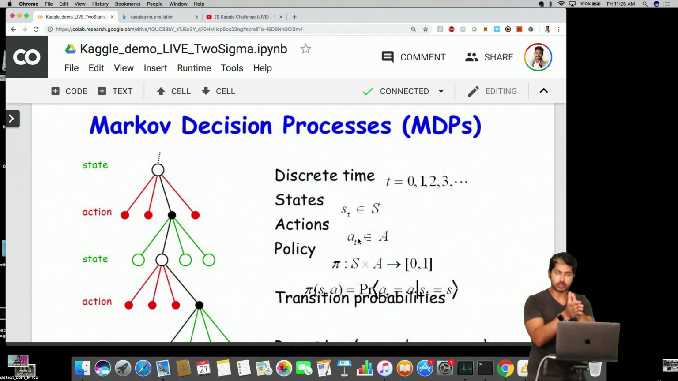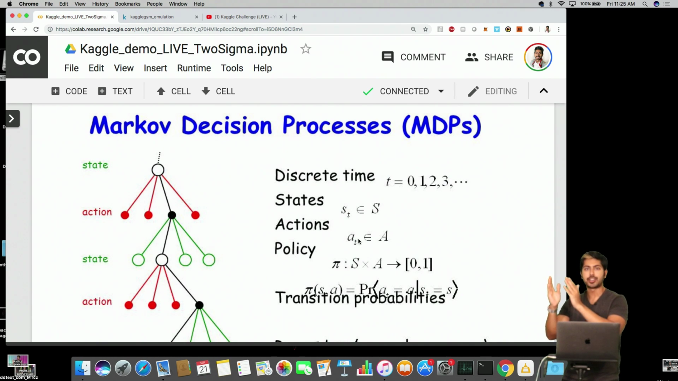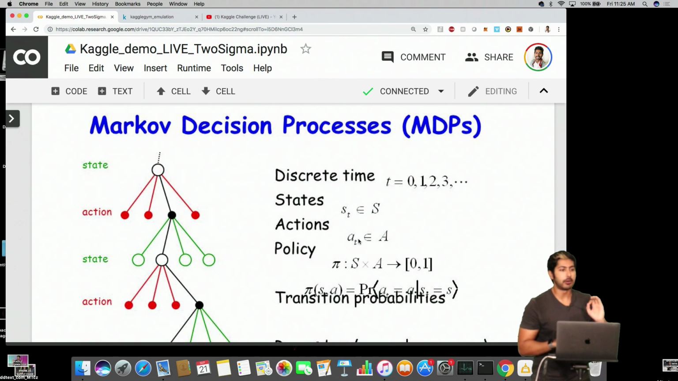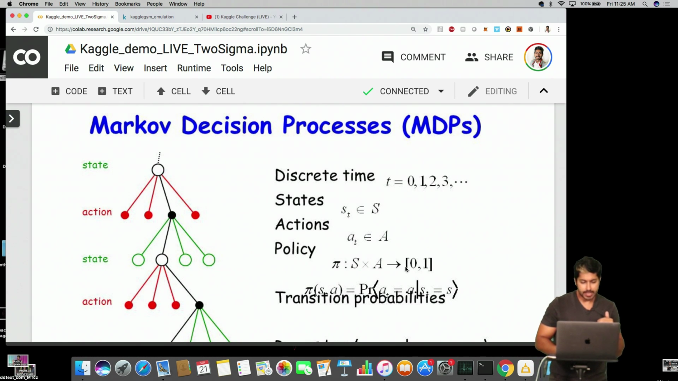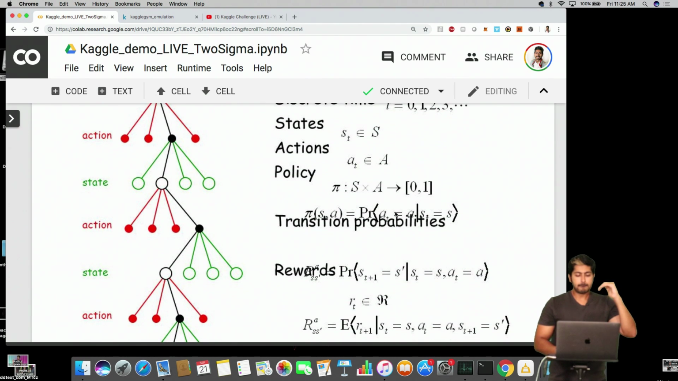So a policy is a function that says, given this state, what's the best action to take? Okay, that's how a policy works. And so